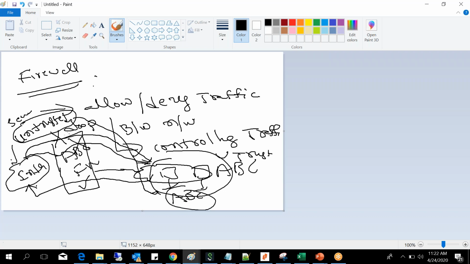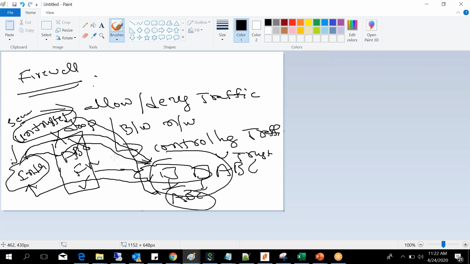This is how the firewall configuration works. Whenever traffic from an untrusted network comes to your trusted network, the firewall automatically drops it, and traffic from the trusted network to the untrusted network is always allowed.